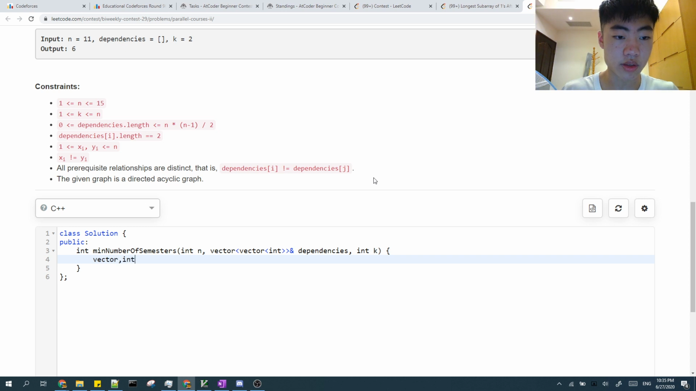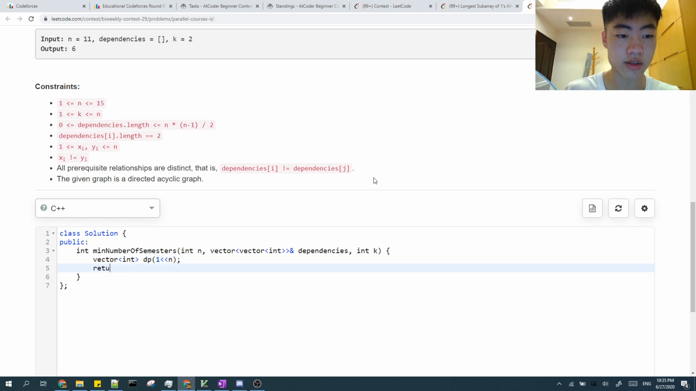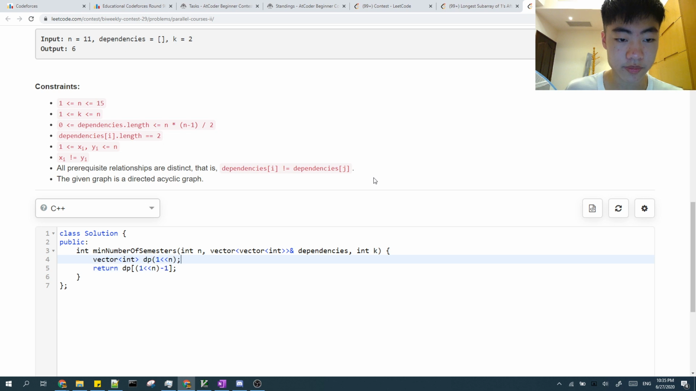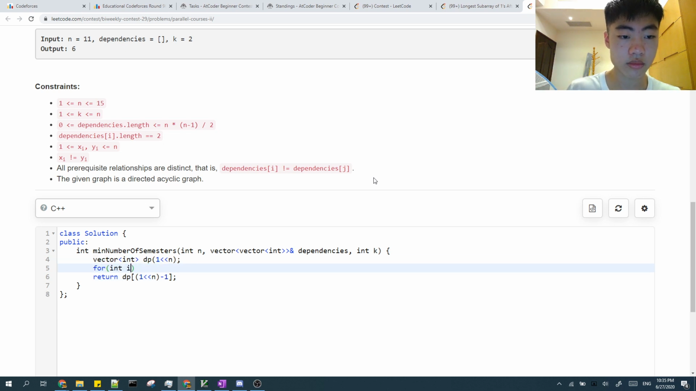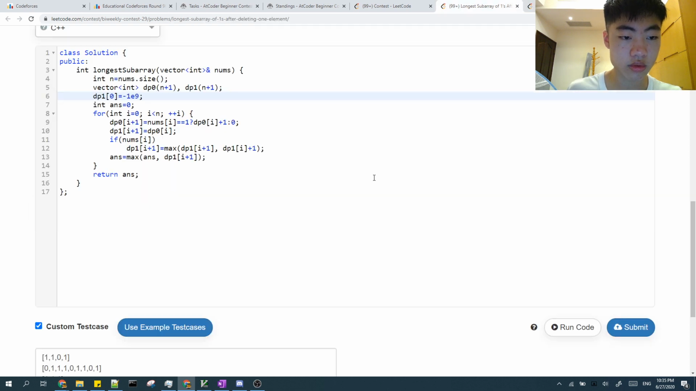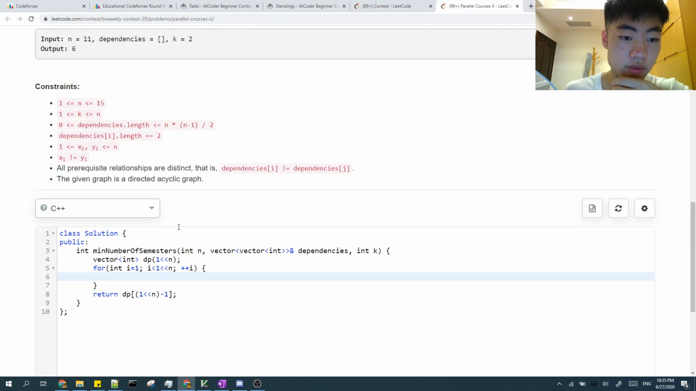Okay, vector int, minimum number of semesters to get a certain mask. The answer is just DP of the entire mask. Start from I equals to 1. Accepted, okay. And then